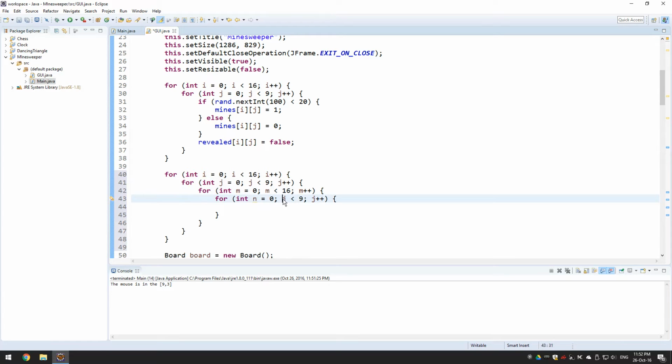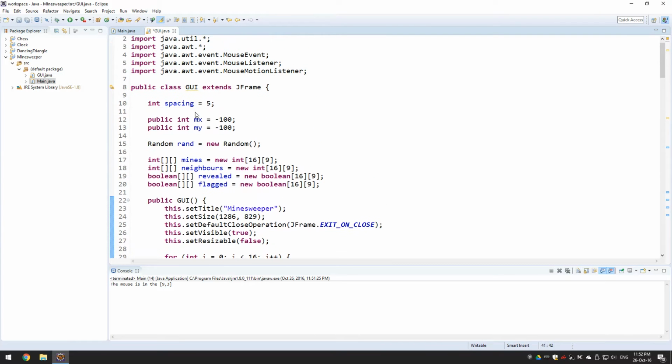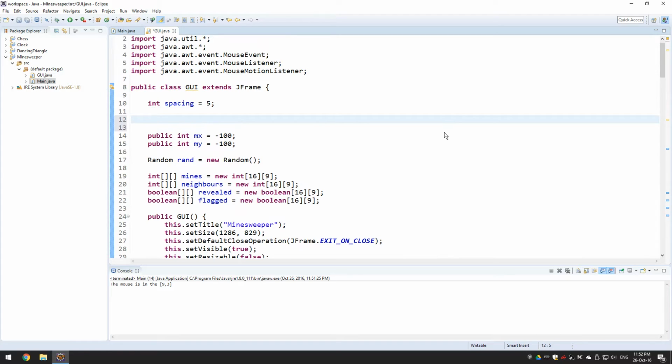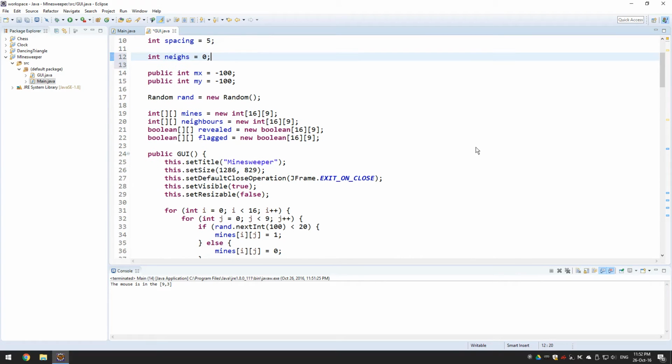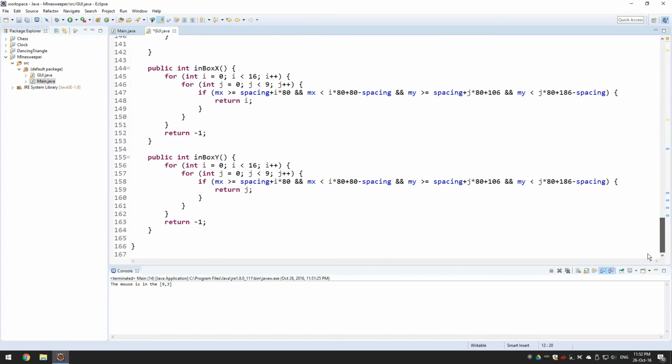Sorry, on the other side. Okay. Now go ahead and create an integer variable called nace, and set it equal to 0, and go all the